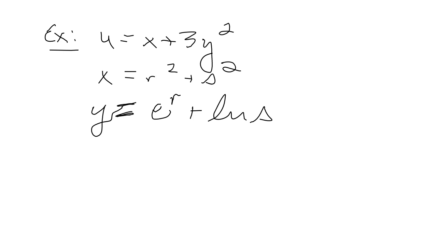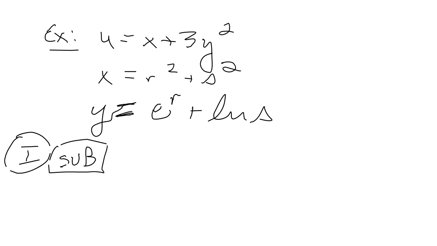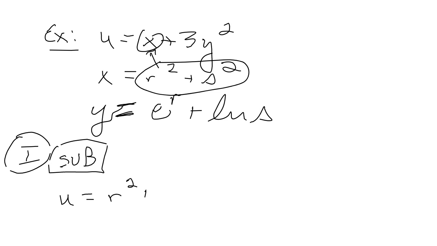Now remember, the derivative of e to the x is e to the x. The derivative of natural log of x is 1 over x, right? But anyway, we have this. So first thing I'm going to do is, if I use substitution, what would I have? So let's do it kind of the old school way. Let's sub it in. There's too many variables going on, so instead of x, I want r squared plus s squared. So if I sub it in, I've got u equals r squared plus s squared, and